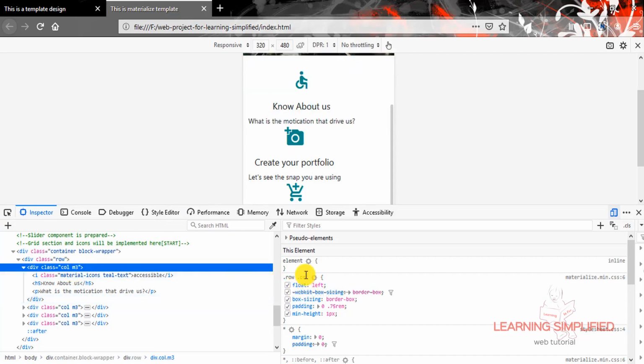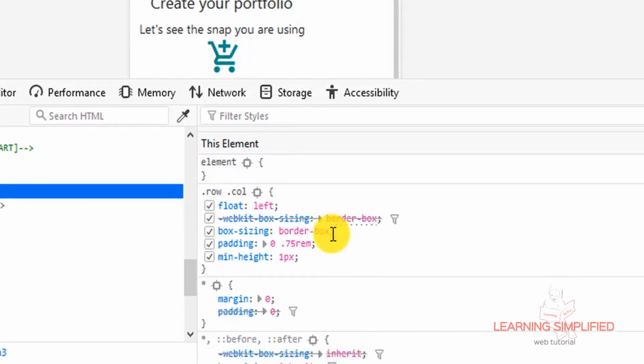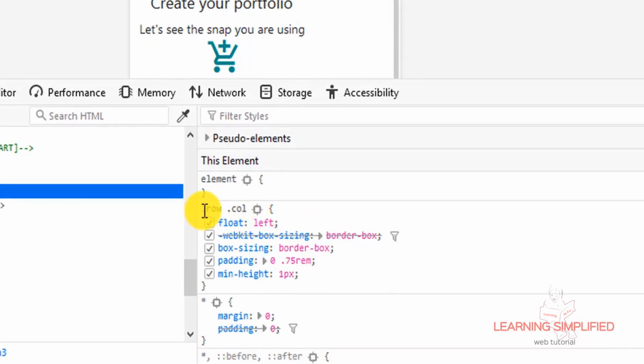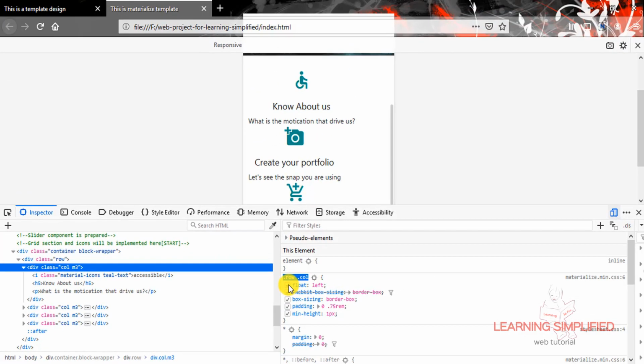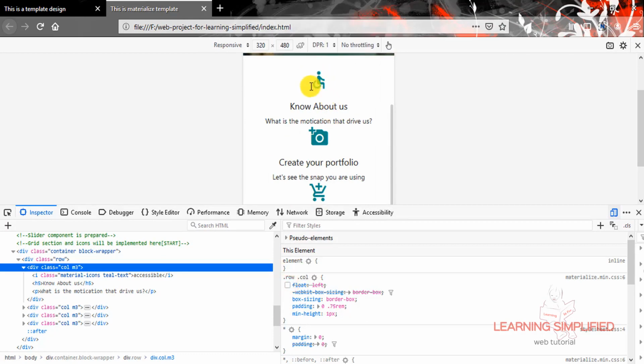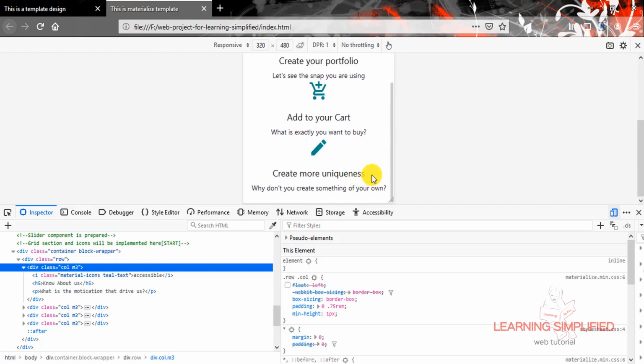In the second case, we can see that in case of .row .col, there is a property which is float left. If we uncheck this box over here, observe the change: all of these icons are now centrally shifted, centrally aligned.